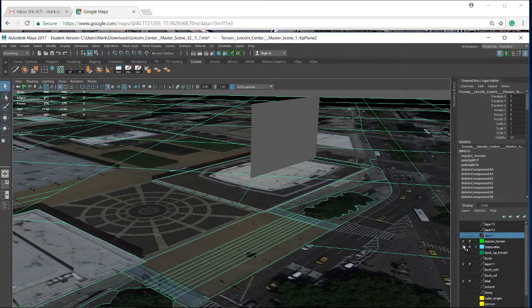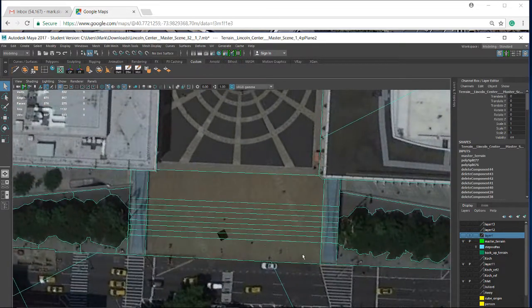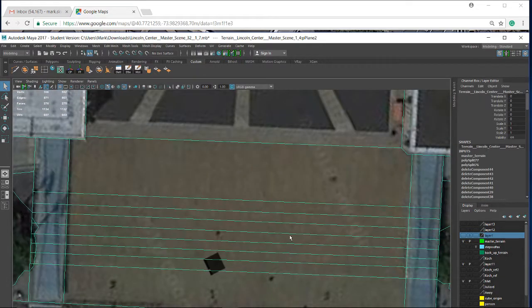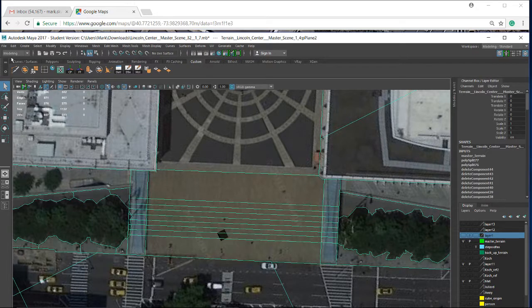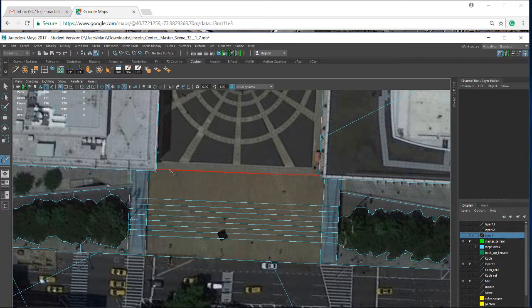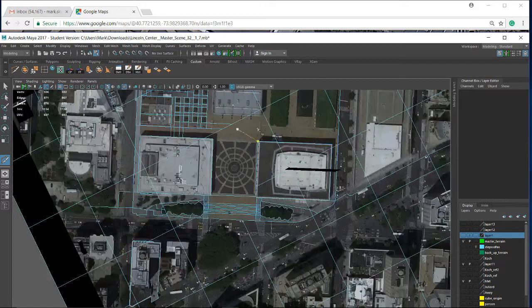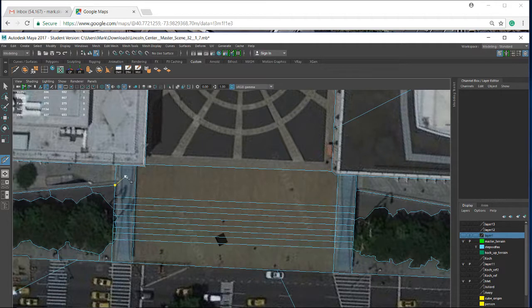Okay, so basically what I would do, to develop these steps, would be to use this split polygon tool. What I did was, you can see as I'm going around the environment, it's in a grid, and I'm starting to break the grid up. What I would do is trace out this footprint of the steps, essentially, so I get the top-down view like this. Then I would go to